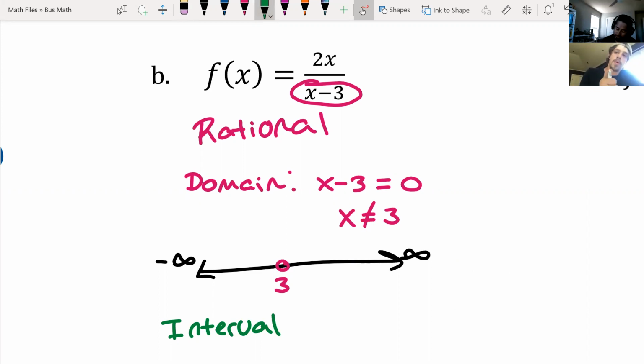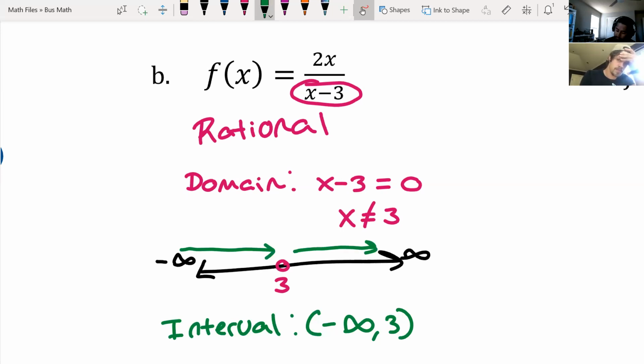Okay. So now, to put this into interval notation, we're going to look at the number line I drew above. We can be any number we want, so we start at the smallest possible number on the number line, and that number is negative infinity. And now, as I come up the number line, I have to stop at what number? 3. And then I'm going to continue after 3